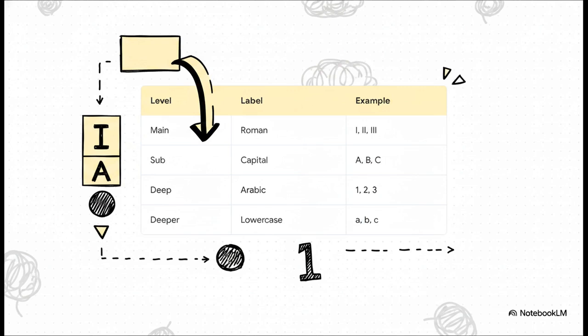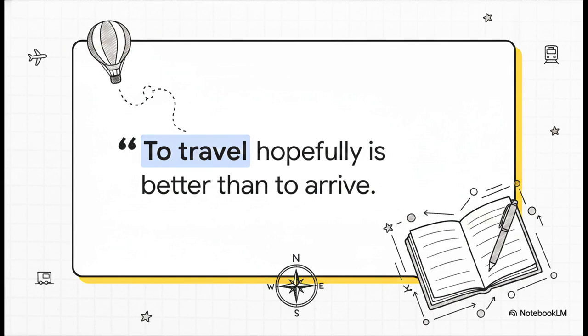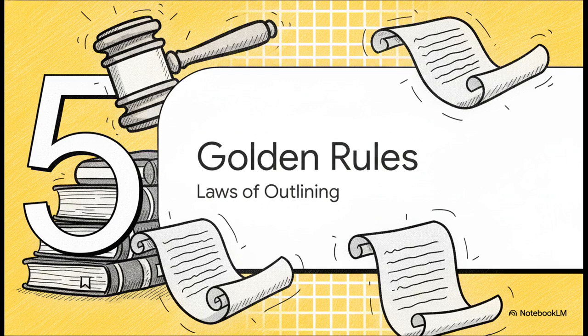And this isn't just about making things look pretty on the page. The physical space and those specific numeral systems visually communicate the hierarchy of ideas straight back to your own brain as you're writing. Plus, a truly great outline actually solves that dreaded blank page syndrome by giving you a prompt beginning. Instead of a vague, boring heading simply labeled Introduction, you can anchor your start with a powerful quote, like this one from R.L. Stevenson about travel. It acts as a concrete launchpad. It guides your purpose right from the very first word and totally removes that awful hesitation of wondering how to begin your essay.